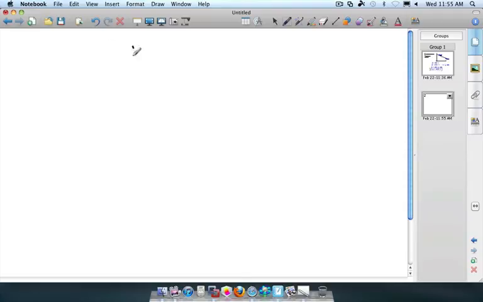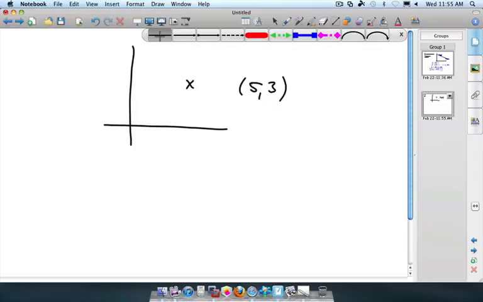Let's say we've got a point over here, and the point is (5, 3). And we want to know what would be the equation of a line which goes through that with a gradient of a half, say, just for the hell of it. What would be the actual equation of the black line if it passes through that one point and it has a gradient of a half? Okay, that's the question. So we go back to